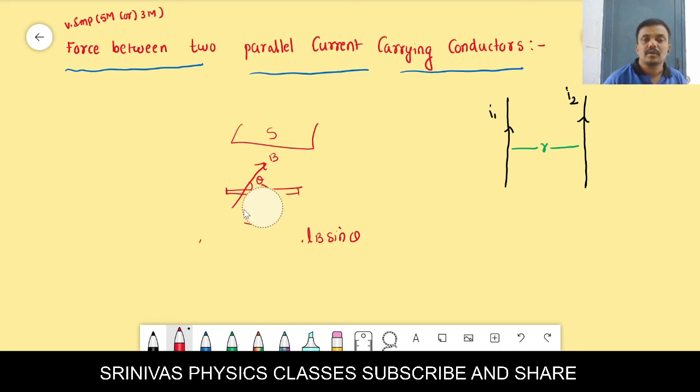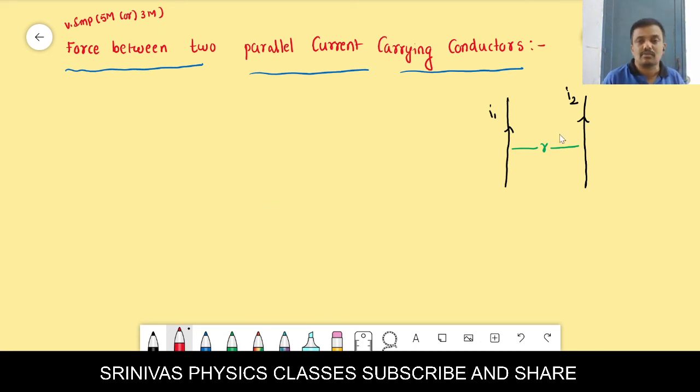Now, here the case is that we are not placing these two current carrying wires in the magnetic field directly, but even though there is a force between two parallel conductors, how is the magnetic field generated here? The first current wire generates the magnetic field, is it correct? Around the first current carrying wire, the magnetic field will be generated. If it carries the current I, then around that wire the magnetic field will be generated.